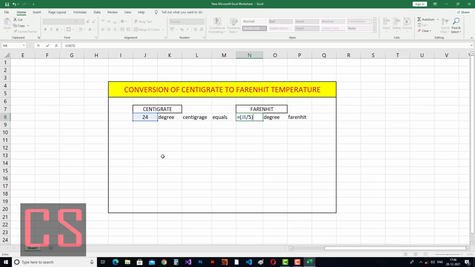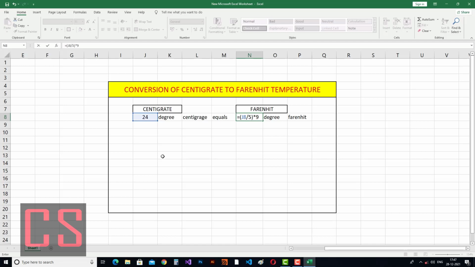So C by 5, I have made C by 5. C is the value of 24 and I have divided it by 5 into 9. So the formula is C by 5 equals F minus 32 by 9.